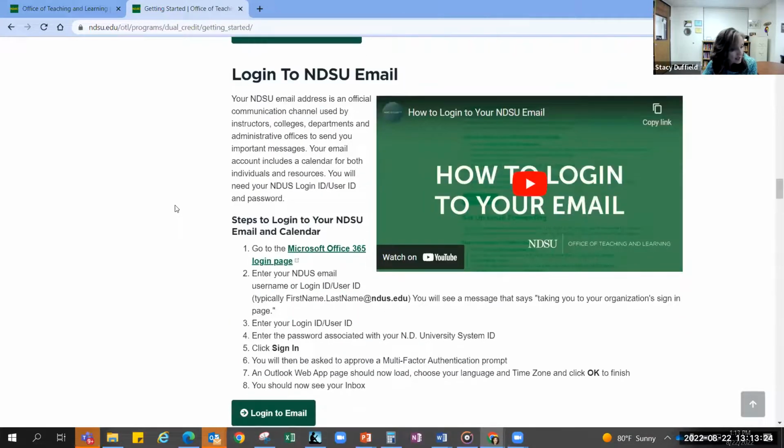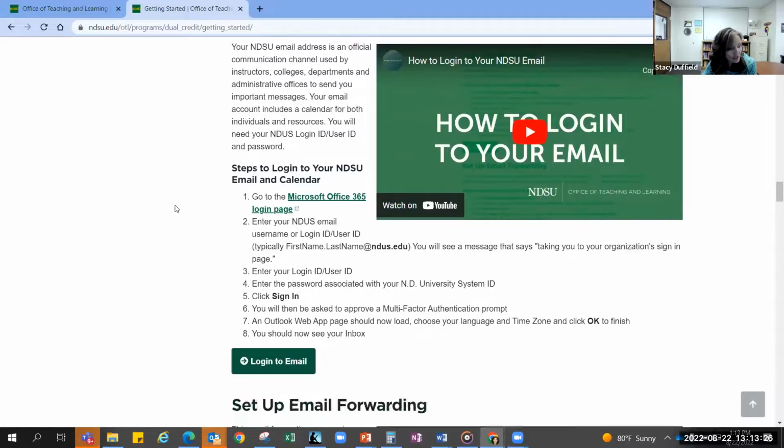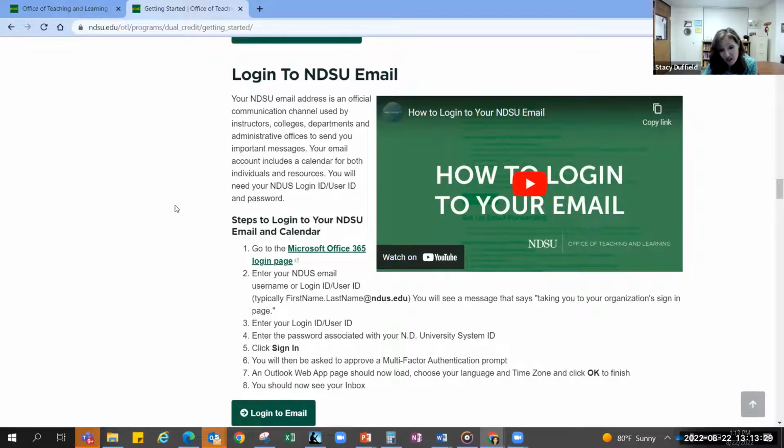Logging into NDSU email, again, you're going to want to make sure that you're checking your NDSU email, and so either have it forwarded or make sure that you set up a reminder and you check it maybe even daily, because again, that's where your instructors will send emails to. They'll use your NDSU email address. That's where they'll, through Blackboard, often send you messages, and or may just email you independently, but they will use your NDSU email to do that.